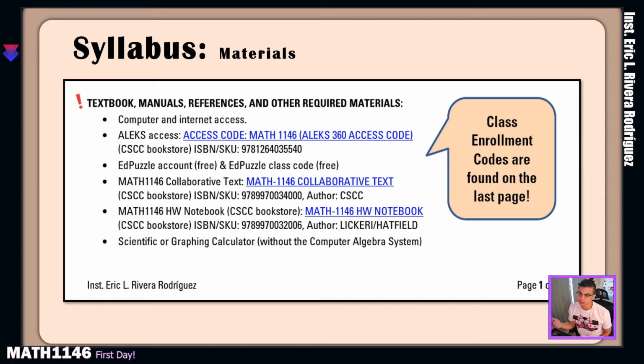Also, having a scientific calculator is a good tool because we are going to do a lot of algebraic work, and you want something to confirm your findings. So that is why we want the calculator. The enrollment codes are found on the last page of the syllabus, sorry. And I teach 2 sections of 1146, 001 and 007. Make sure that you are selecting the code for the correct section, right?